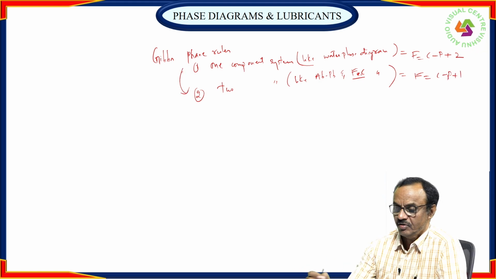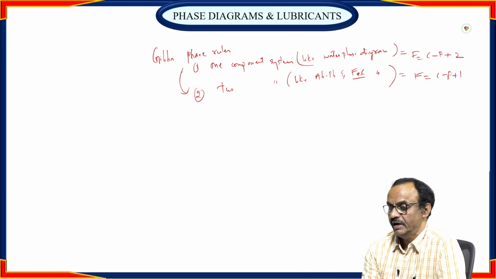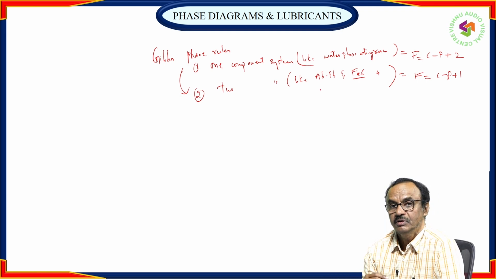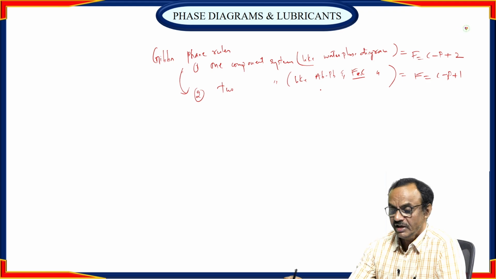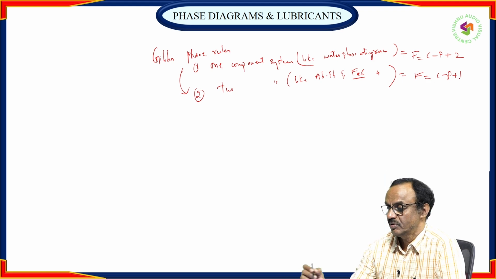So why is this formula condensed, reduced, for 2 component systems like lead, silver and iron-carbon system? F = C - P + 1, because